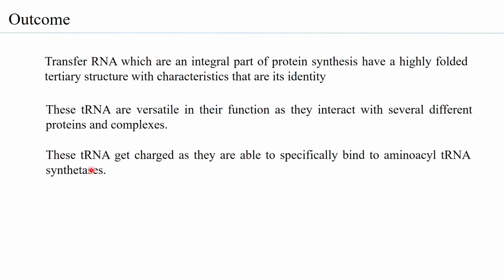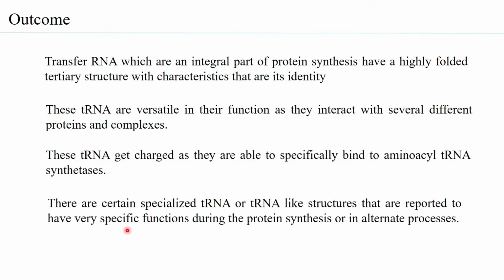These tRNAs get charged. When you say charged, it means they are bound to the amino acid on the acceptor arm, and they specifically bind to amino acid tRNA synthetases that make the tRNA charged. It is considered that every cognate tRNA for an amino acid will have a specific